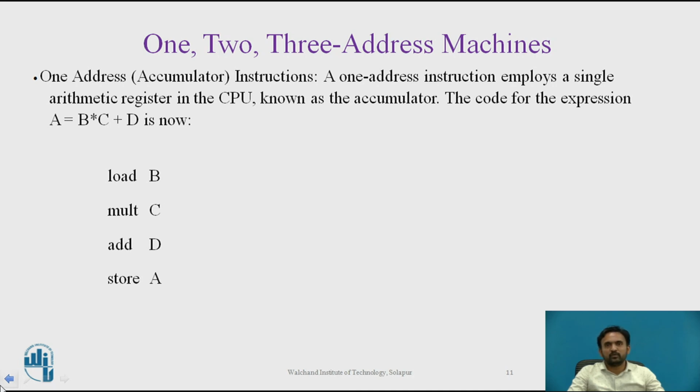So for the given code of the expression A = B * C + D, we have some instructions. According to these instructions, the load instruction loads B into the accumulator, then multiply multiplies by C and stores the result in the accumulator, and add does the corresponding addition. The store instruction stores the accumulator in A, and the program size here is 2 times 2 times 4, or we can say 16 bytes, and memory traffic in total is 24 bytes. Okay.